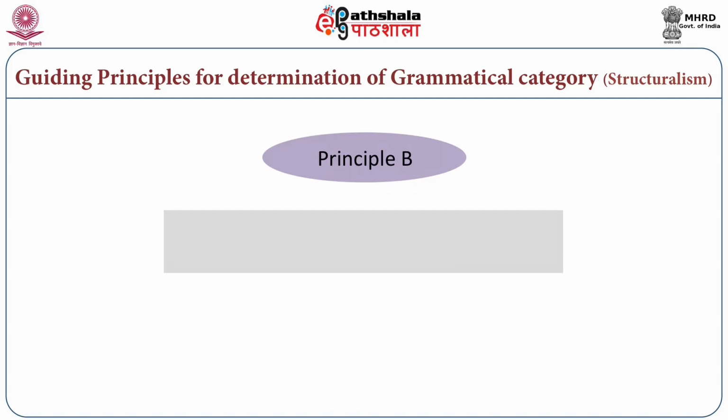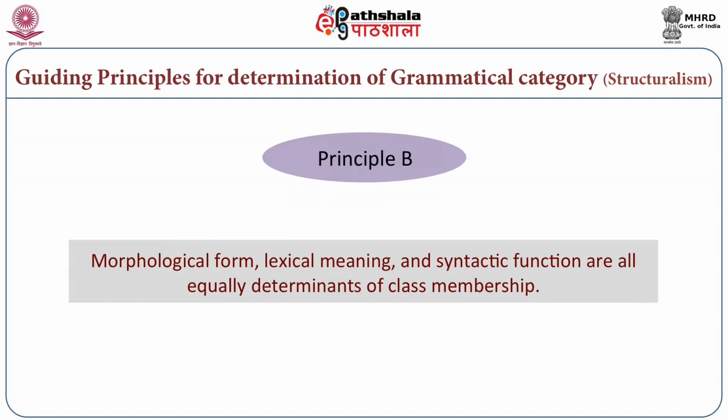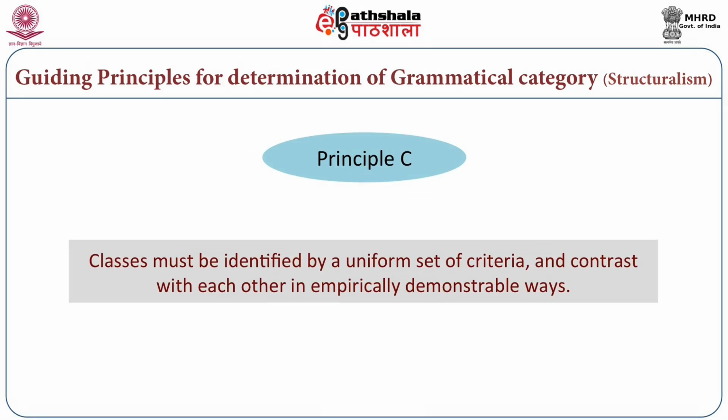2, drawing from both the Western tradition and the Indian tradition, that morphological form, lexical meaning, and syntactic function must all be determinants of class membership and serve to distinguish between classes. 3, that classes must be uniform, identified by a number of uniform criteria, and they must contrast with each other in an empirically demonstrable way. So principle A then, which is that there should be no upper bound, marks this break